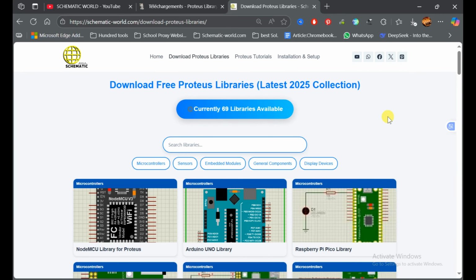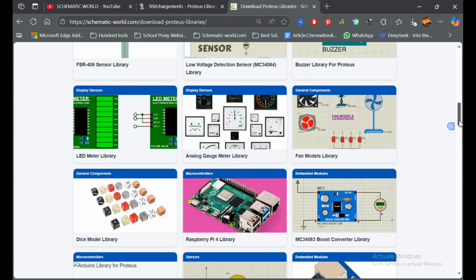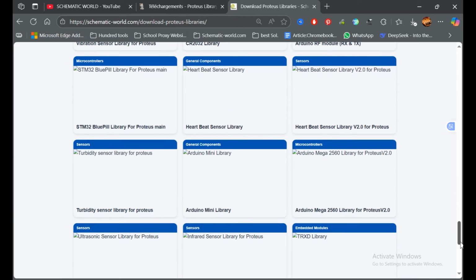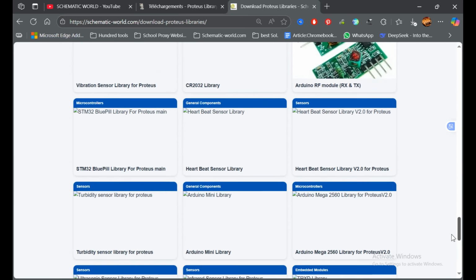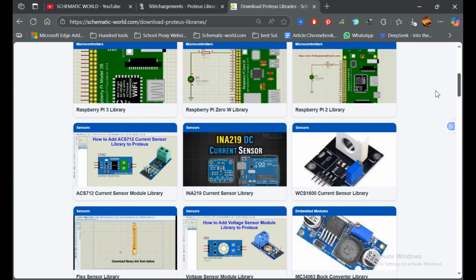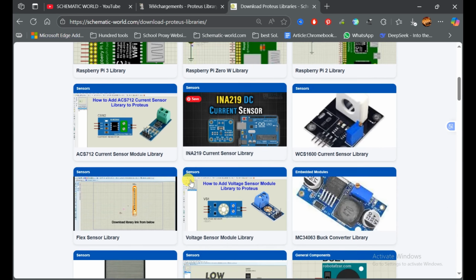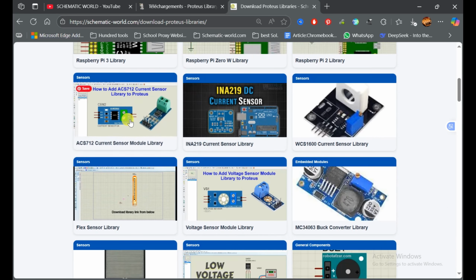For the first method, first of all you need the libraries. For the libraries, you need to come to the Download Proteus Library web page on my website. The link is in the description. These are all the libraries. A few do not have images, but maybe I will add them after some time. There are a lot of libraries, so you can filter them. For this video I will show you how we can add this